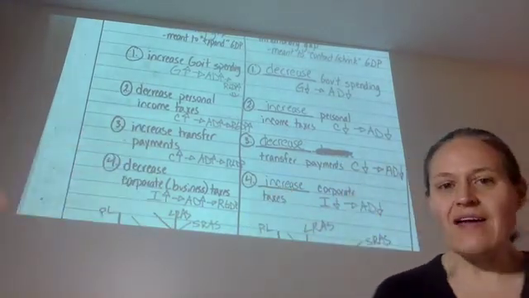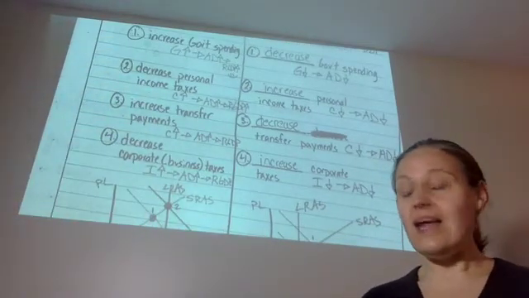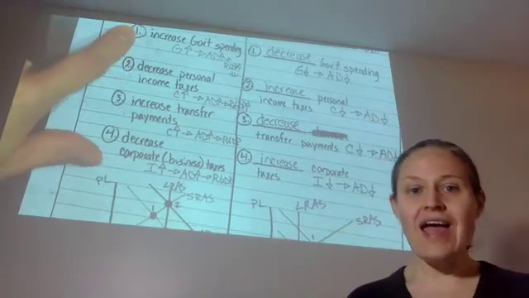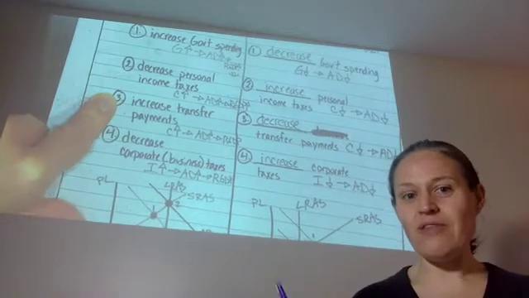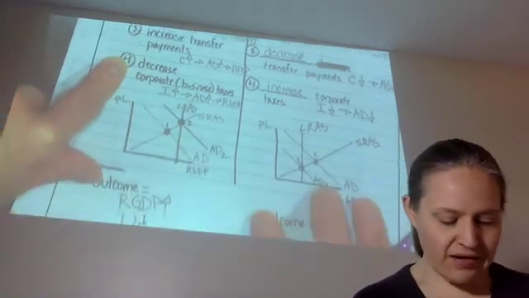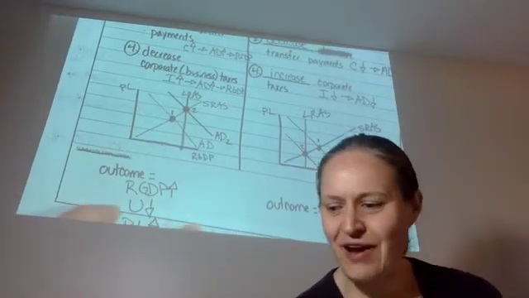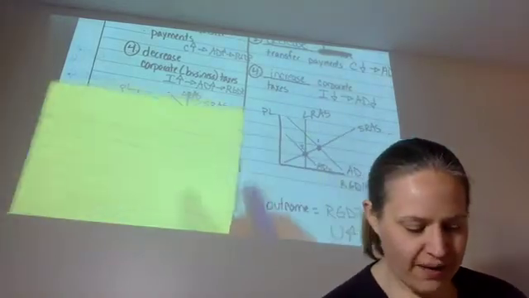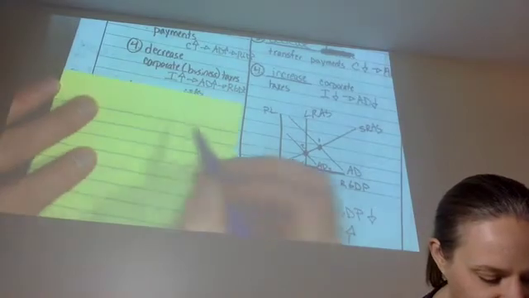So if the government is in a recession, if they want to help get out of that recession, they can choose to increase government spending, decrease personal income taxes, increase transfer payments, or decrease corporate or business taxes. And here is that chart again. I wish it wasn't already filled out for you. You might find value in just grabbing a piece of paper or your notebook and drawing it again,